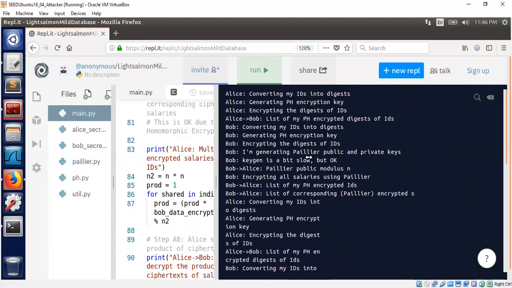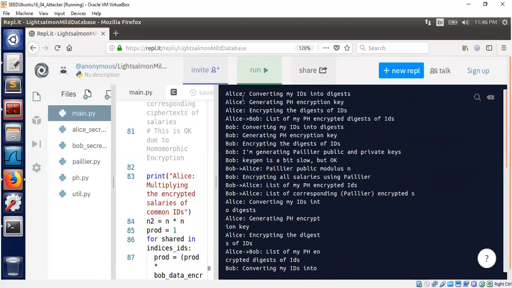The log is very useful. Alice converts a list of IDs or social security numbers into digests. And then Alice generates a Pohlig-Hellman encryption key. And then she encrypts the IDs and sends the IDs, the hash of the IDs, I must say, to Bob. So Bob has Alice's data. Bob also has his IDs, converts them into hashes, and then generates an encryption key, a Pohlig-Hellman encryption key,